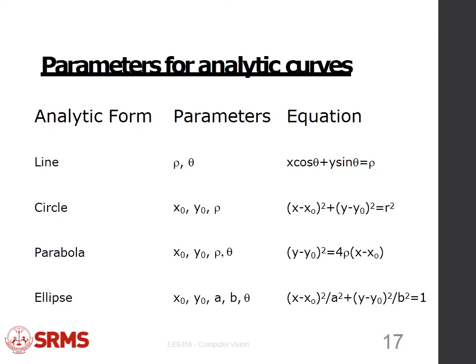Then for an ellipse, the constants a and b are also included, which are the horizontal and vertical radius respectively. So (x minus x0) whole square upon a square plus (y minus y0) whole square upon b square is equal to 1. So these are the real examples of the Hough transform: infrared image, threshold, gradient image, Hough transform,